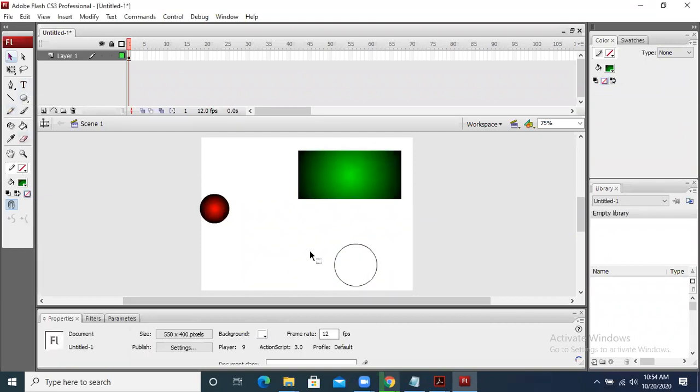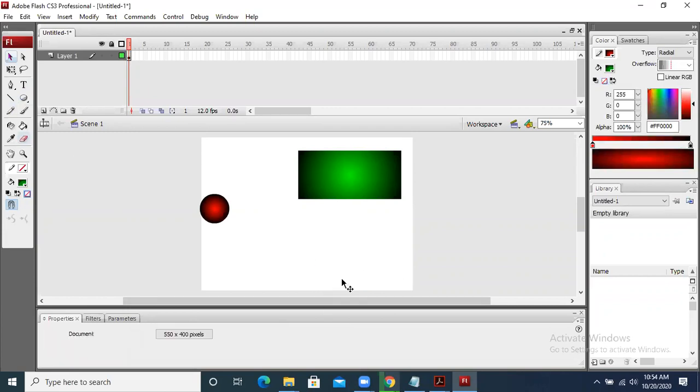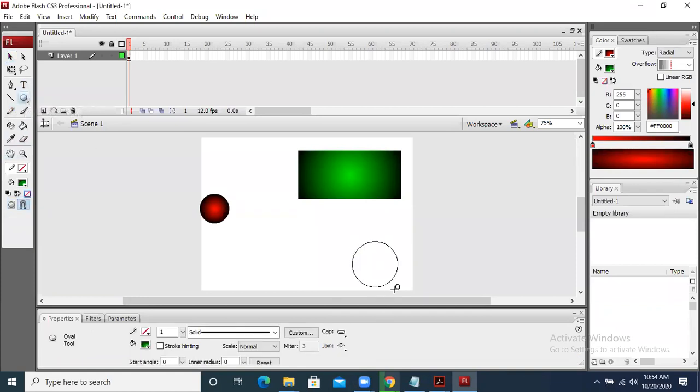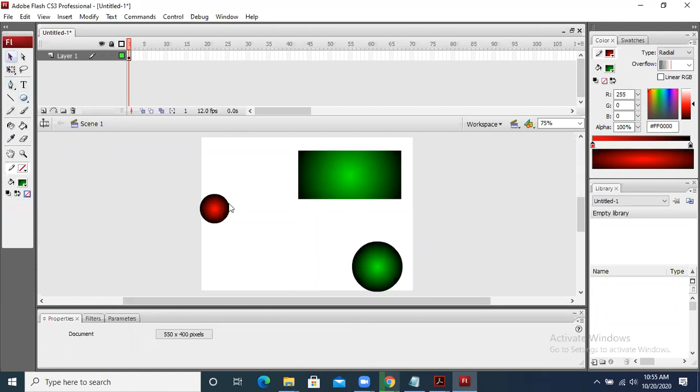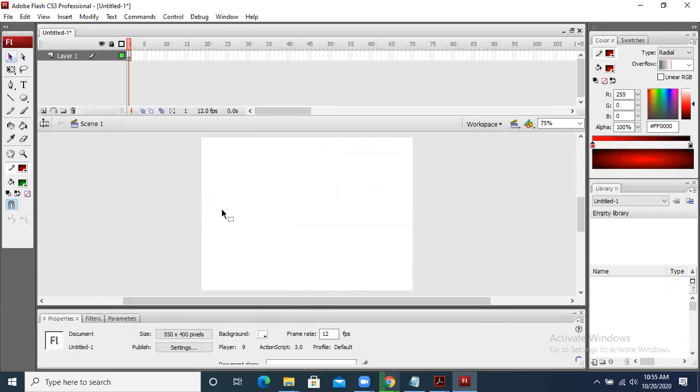Let me delete it. Can you see this? The border was also there with it. If I take an oval shape and draw it, you will see that it comes with the border, but the border is very thin. We can increase the thickness of the border by selecting that particular object, and then we can apply it. But right now we are not designing the border, we are designing without the border.